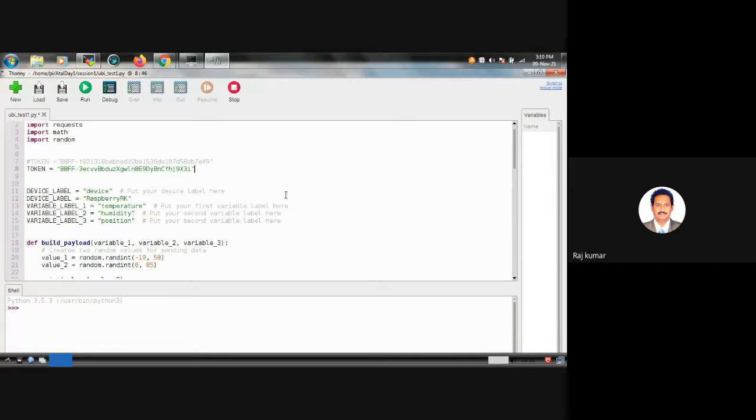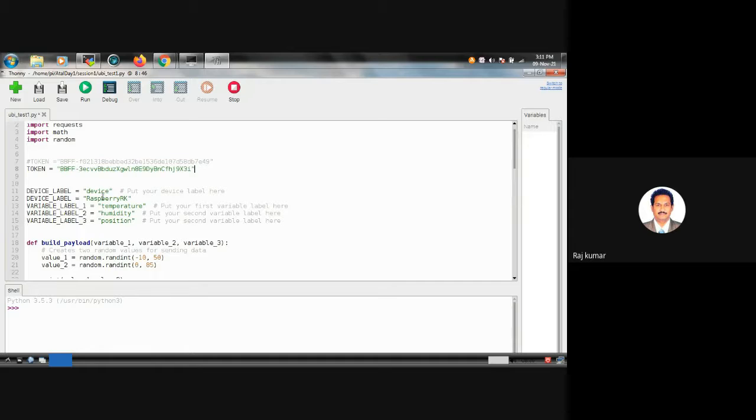Now I have changed my token number to this newly generated token. This token acts as a ticket to the other side of the cloud. The cloud server always looks for this token. Once the token reaches the other end, that is the cloud server, it first verifies whether it is coming from an authorized device or not. Once verification is over, the data will be accepted automatically, and you will be provided some space where your data will be stored.